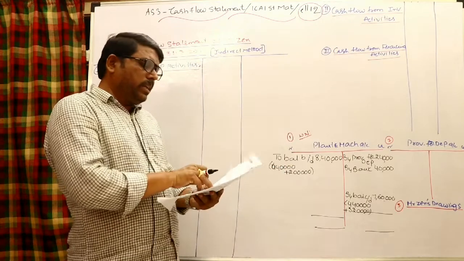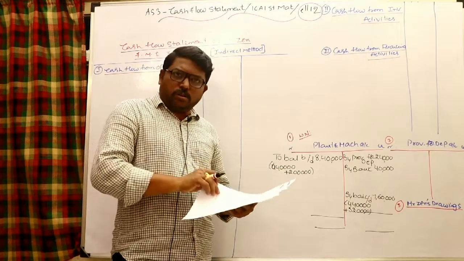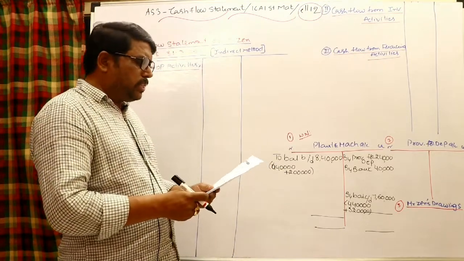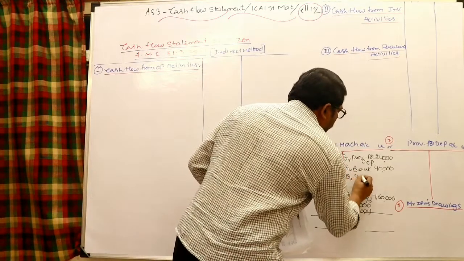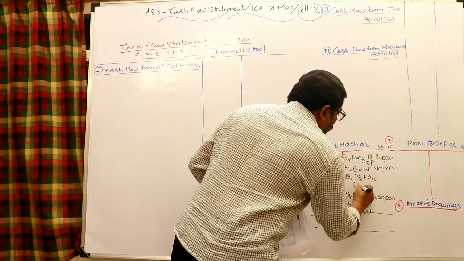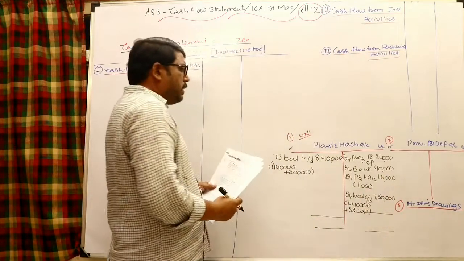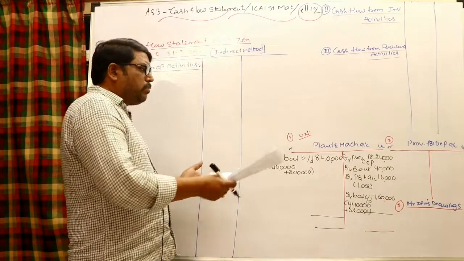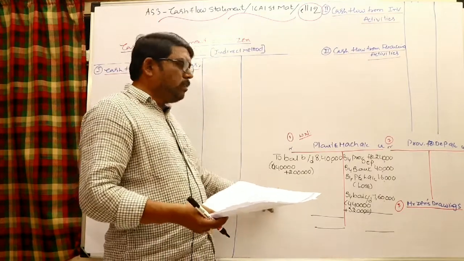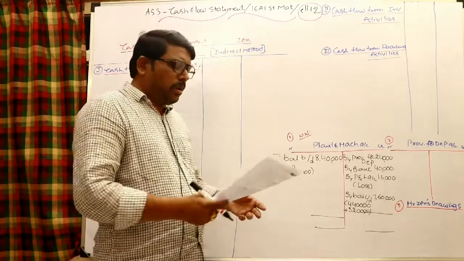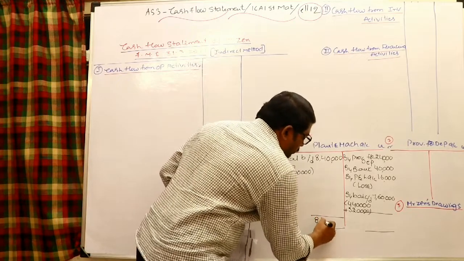And moreover, we can say this is 80,000 minus 24,000, 56,000 written down value, sold at 40,000. There is a loss of 16,000. Entry: P&L to asset. In the asset account, by P&L, within brackets loss, 16,000, and all the sales particulars are provided. And of course, if both sides are tallied, then that is okay. If there is any shortage amount here, you may say there is some purchase also, but if you check, both sides are equal, 8 lakh 40,000.